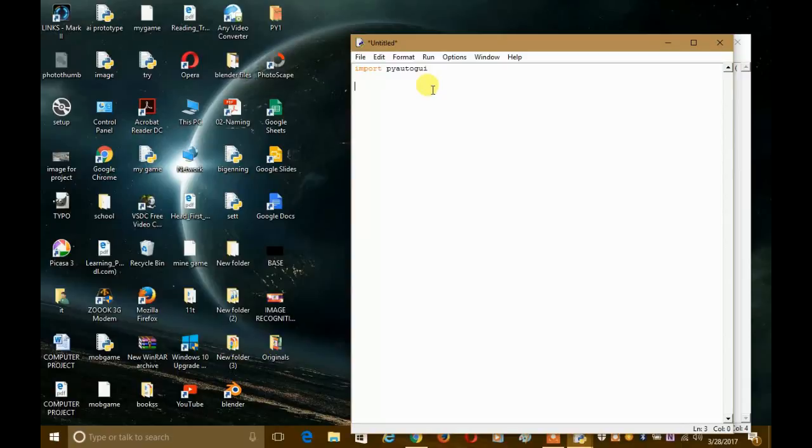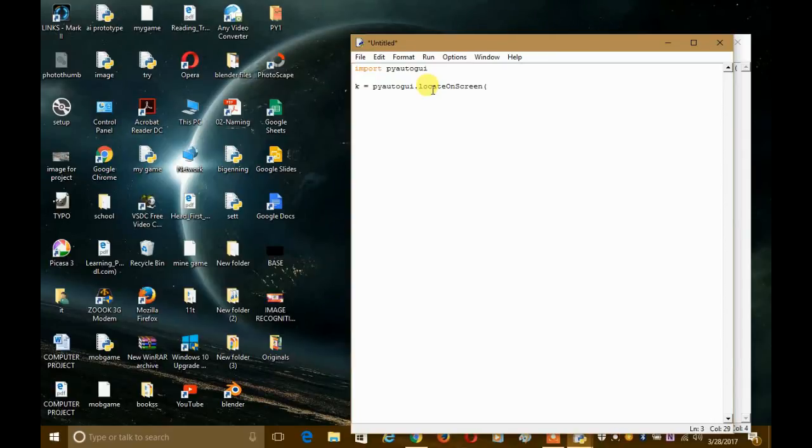Well, now we have imported PyAutoGUI, and now we will specify a variable k is equals to pyautogui.locateOnScreen.